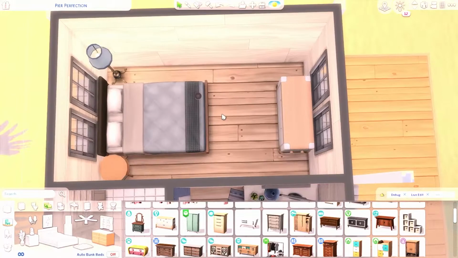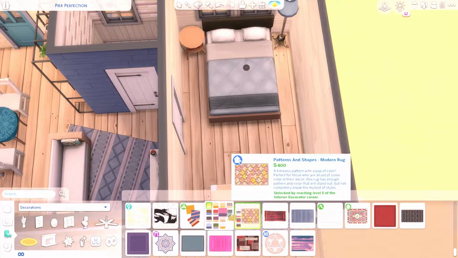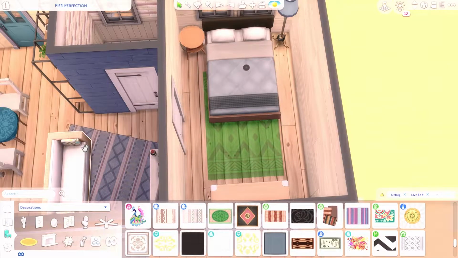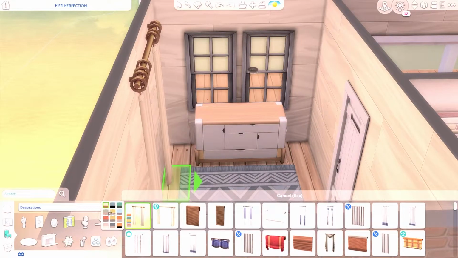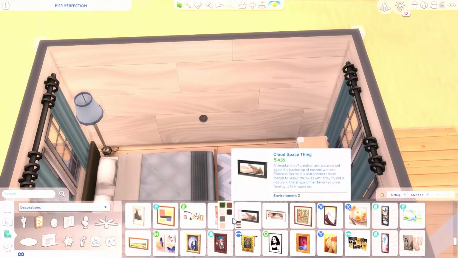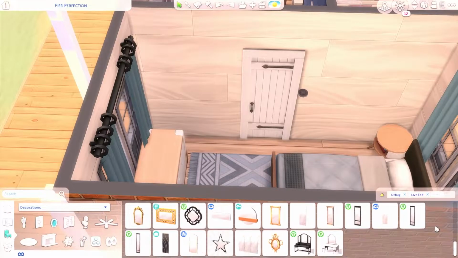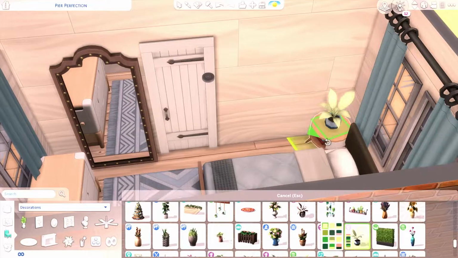I don't have the full story, but I'm going to be uploading them separately to the gallery, and you can download both of the Sims. As I said, I really like them. I created them, and then I decided to build this house, and I thought they have this weird, interesting dynamic, in which one of them